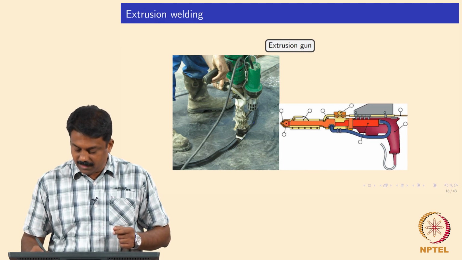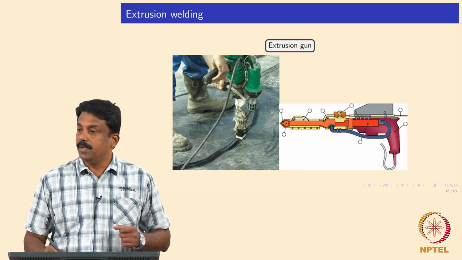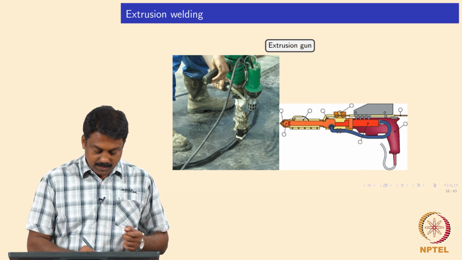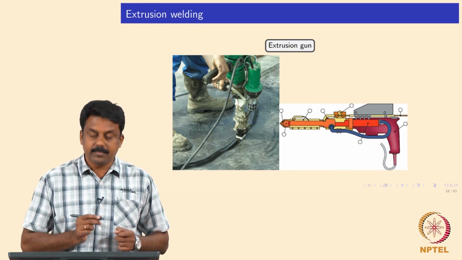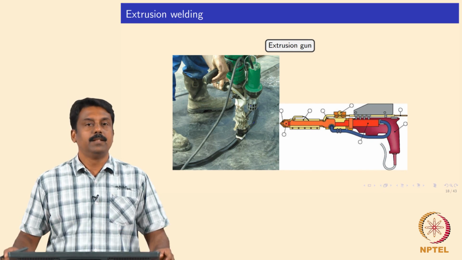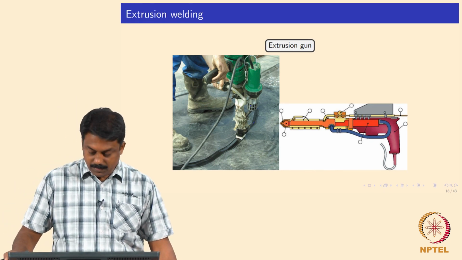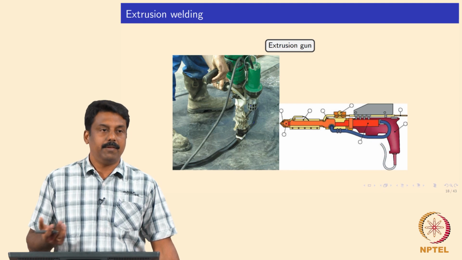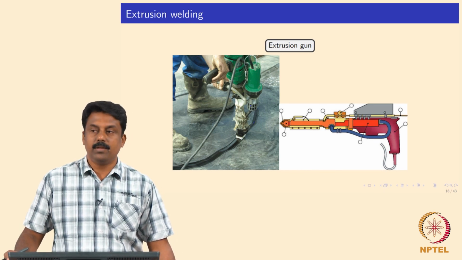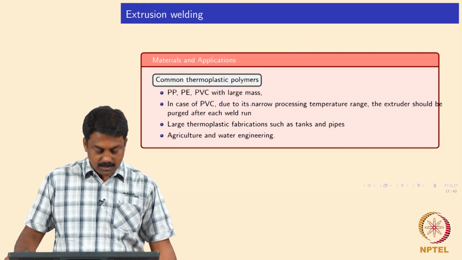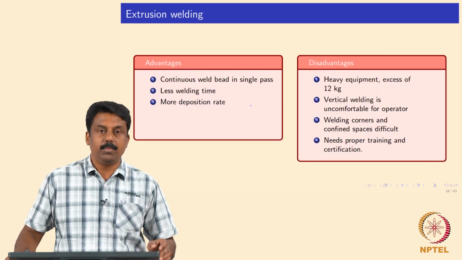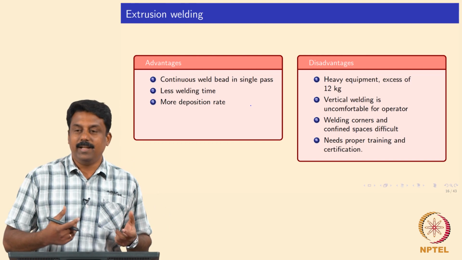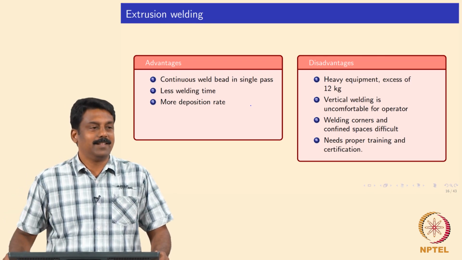It is like you have a hydraulic cylinder which actually pushes the molten material into the tip, and subsequently the tip deposits the extruded filler onto the weld cavity, right. Extrusion welding. In most cases the cylinder works on the hydraulic principle, and there are also some pneumatic ones, where you have hot air or compressed air which pushes the cylinder to extrude the hot polymers.